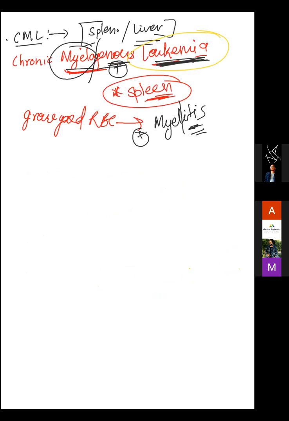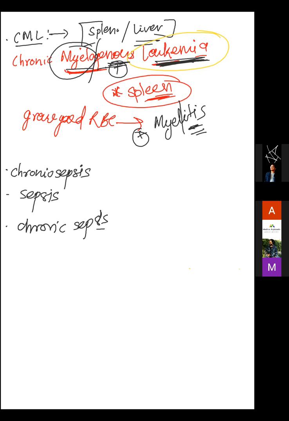Okay, so in this question, what will happen is that you have chronic sepsis or sepsis, or chronic sepsis. Why is there a difference between tiger's heart and fatty parenchymal degeneration? These things are confusing. So here, just remember, whenever in a question you see the word chronic,